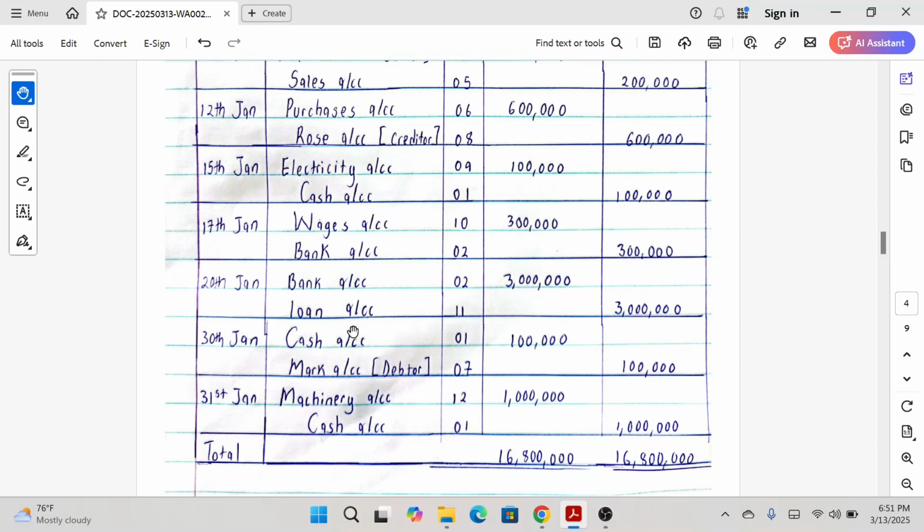And then you're going to recognize the cash that is coming from him, which is cash of 100,000, so that the cash is increasing. And I told you that cash is an asset and assets increase by debiting. So this is what is happening here. Then we are having